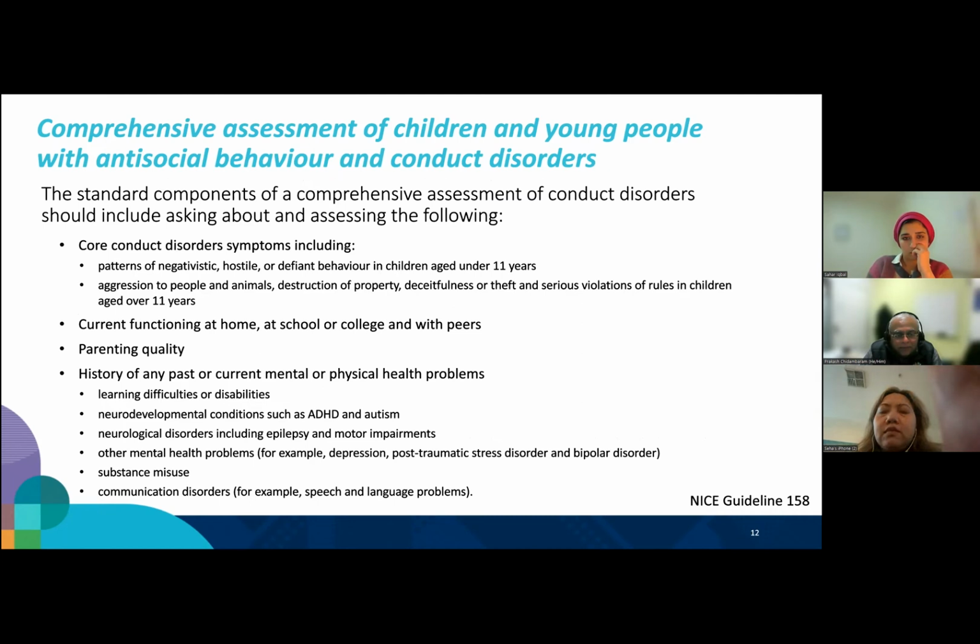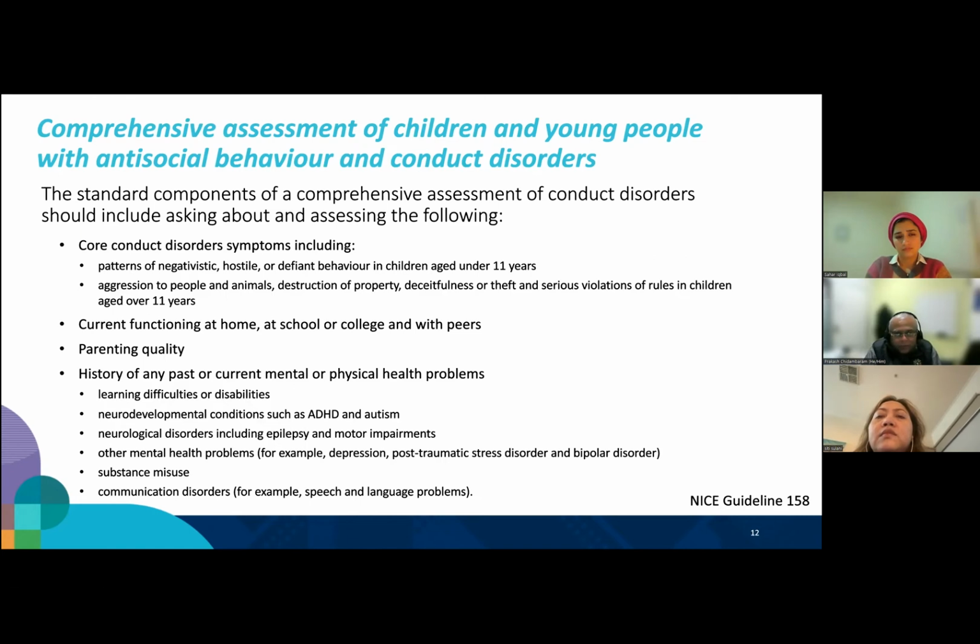The standard components of a comprehensive assessment of conduct disorders will include trying to get a history of patterns of hostile, defiant, negativistic behaviors very early on in childhood, a history of overt and covert aggression, and theft, property destruction, serious rule violations in children over the age of 11 years. But along with that, this is the direct information about the sort of aggression and the conduct history, but